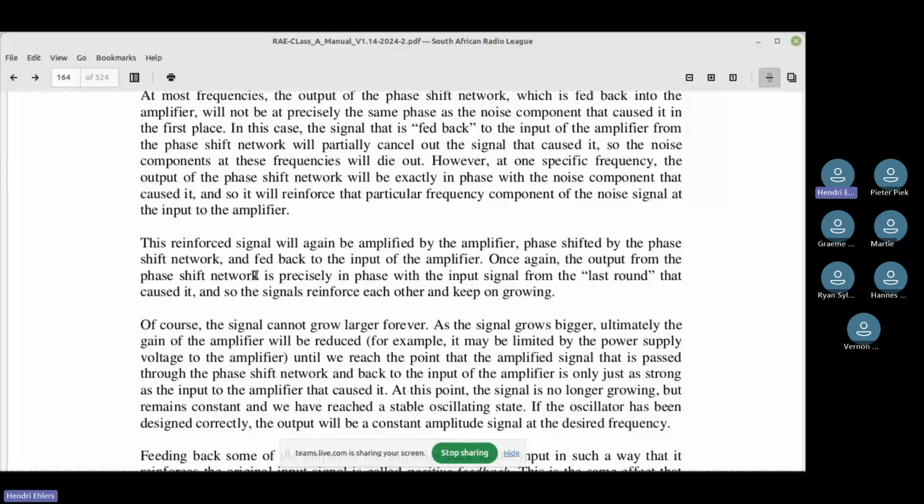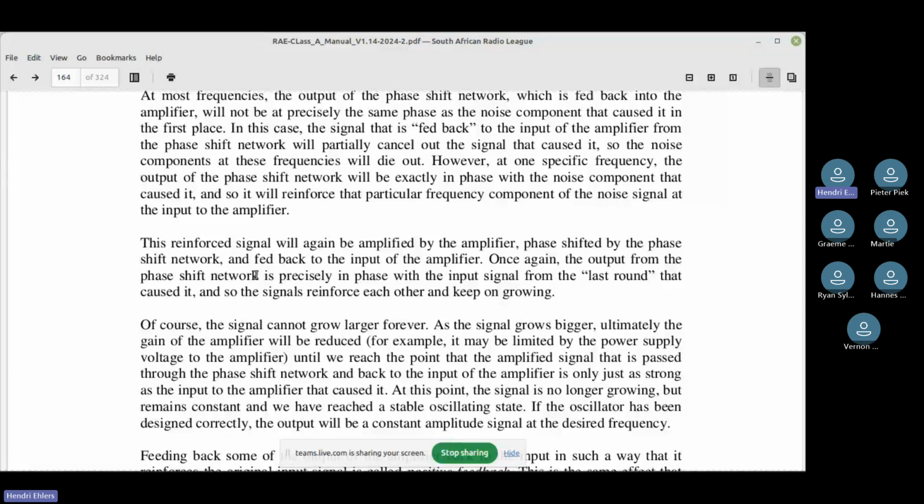And then the Barkhausen criteria for oscillation. When the oscillator is oscillating stably, that is with constant amplitude and frequency, the following criteria must be fulfilled.